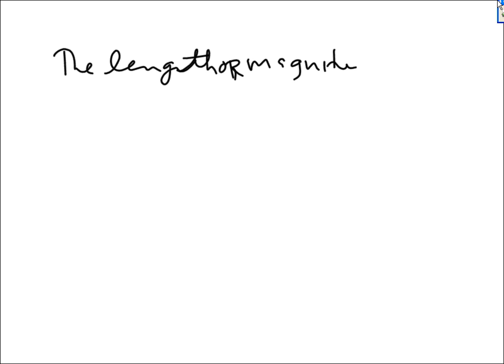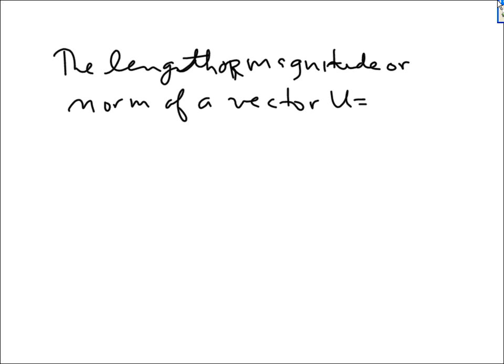Okay, let's talk about the length of a vector. First, a minor comment or a major comment. There are 3 terms for the length of a vector. One is the length, one is the magnitude, or the norm of a vector u, which is